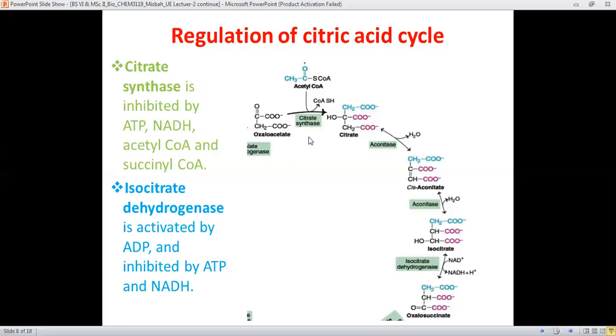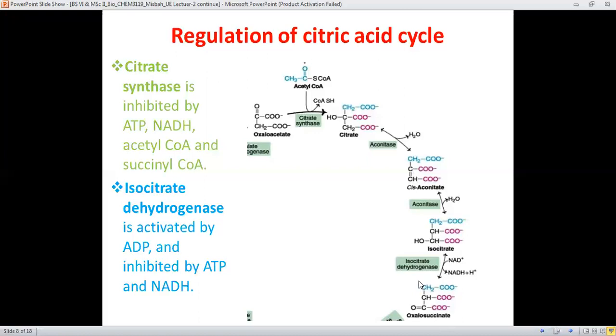The second enzyme is isocitrate dehydrogenase, which is responsible for the dehydrogenation or oxidation of isocitrate. By the activity of isocitrate dehydrogenase, two hydrogens are removed from this carbon, one directly and another from the hydroxyl group. Therefore, isocitrate is oxidized to